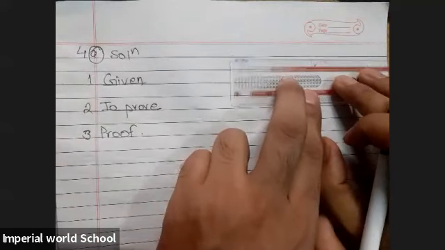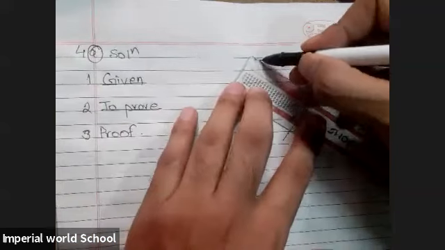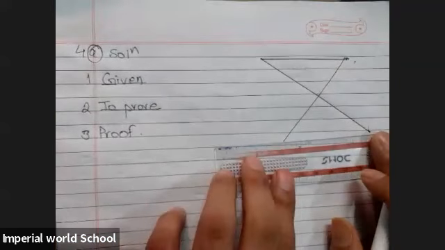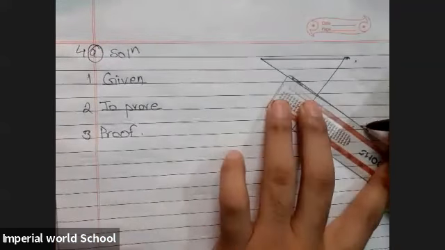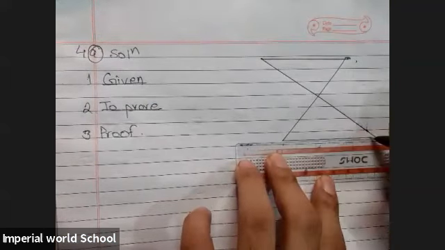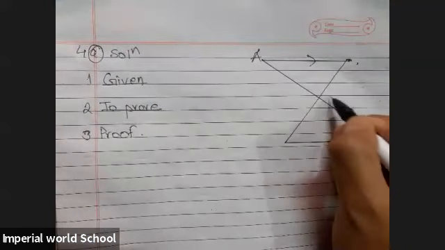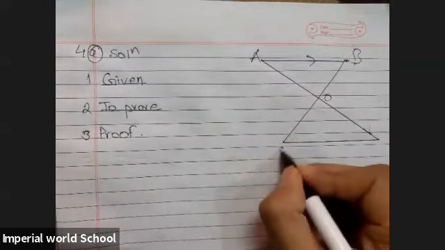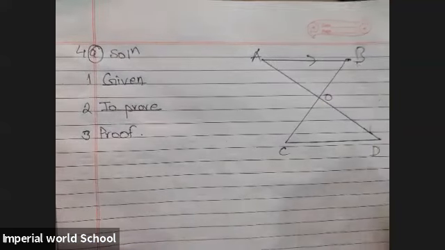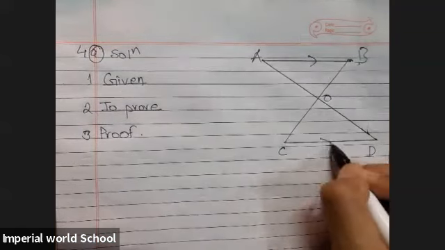The diagram is like this. So your diagram is, okay, it became a little bit slanted, doesn't matter. Now you can see two triangles, right? The first triangle is triangle AOB, and the second one is triangle COD. So in these triangles AOB and COD, what do you think?